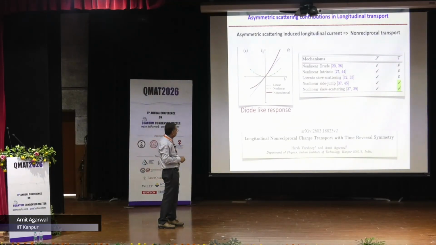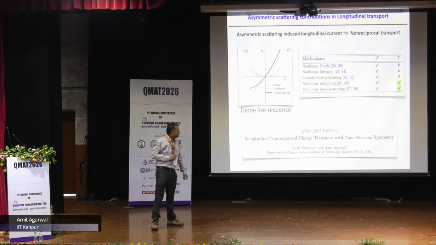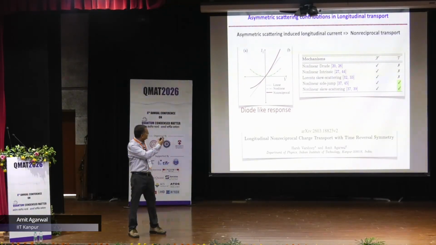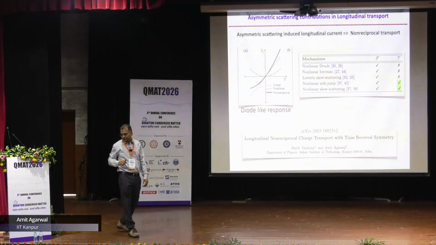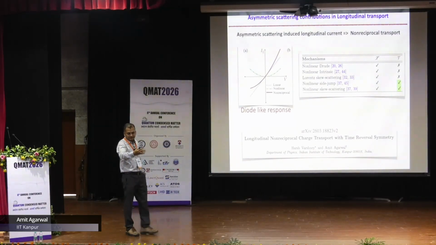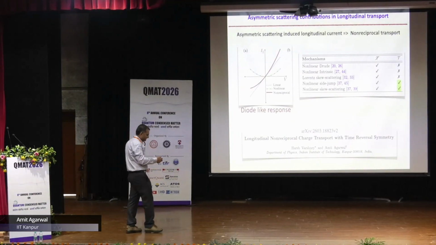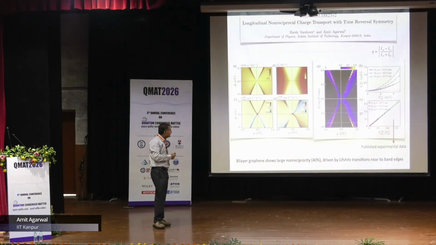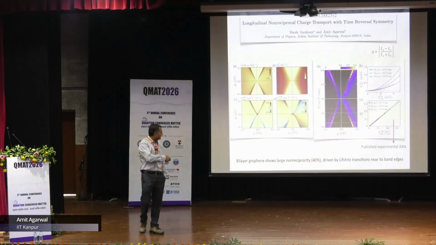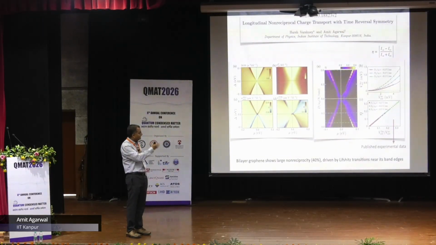And we showed, particularly with Harsh in this archive paper, that these nonlinear side jump and nonlinear skew scattering contributions can give rise to this non-reciprocal effect in time reversal symmetric systems also. So the community used to believe, or there was a wide misconception, that you need time reversal symmetry breaking to have these non-reciprocal longitudinal responses. Okay. So that's what this addressed, and Harsh did nice calculations to show that bilayer graphene near these Lifshitz